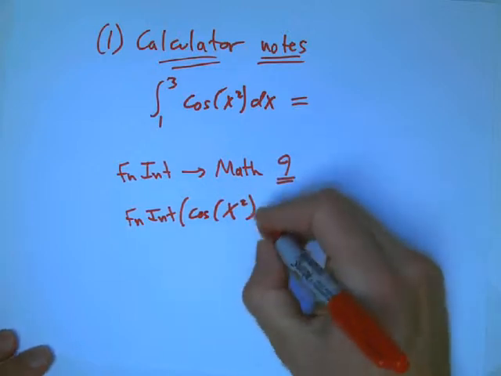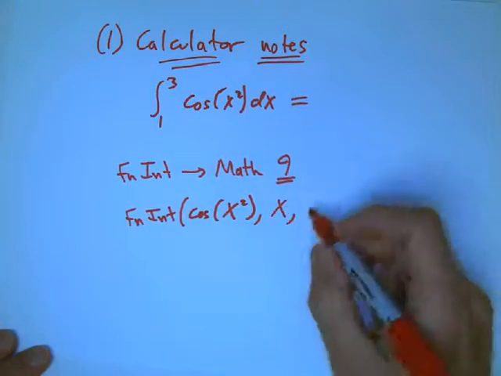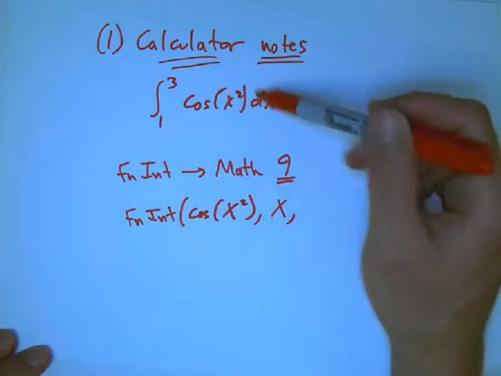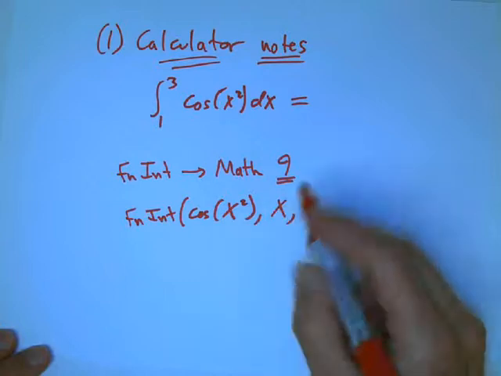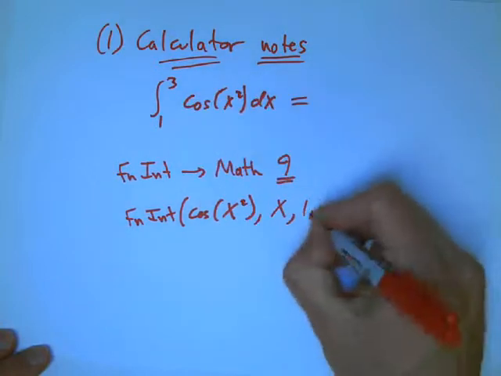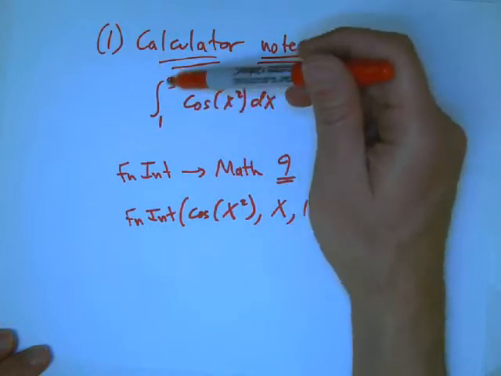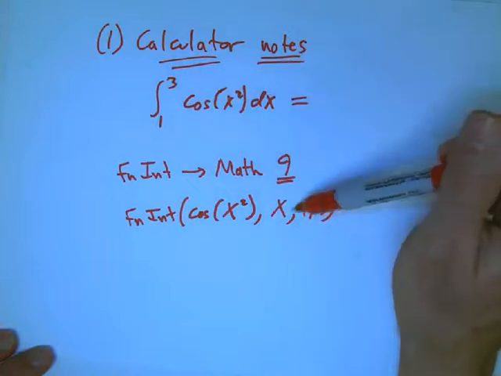You put the function, then the variable of integration, and usually you're just going to use x for that. Even if it's t or s or u, it's easier just to use the X,T,theta,n button and use x here and x here. And then the lower limit, and then the upper limit. Remember when we read these, this is the integral from 1 to 3. You don't read top to bottom as you usually would. You read bottom to top, and that's important here. It's the integral from 1 to 3. Then just enter,